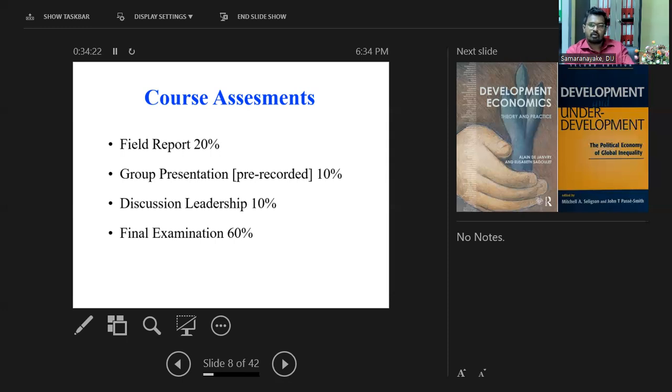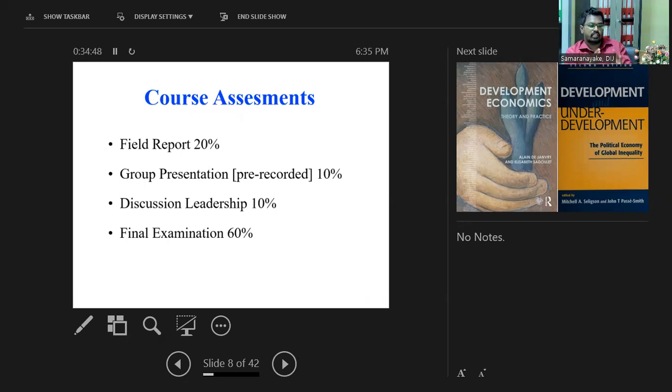So that's a rough idea about what you have to do. I will give a very detailed assignment soon. By the third week, I'm going to give you this assignment, and you can start. You can do different things. Maybe you can do some recordings from your phone and transcribe them into a report, and you may collect some secondary data from here and there where you work.